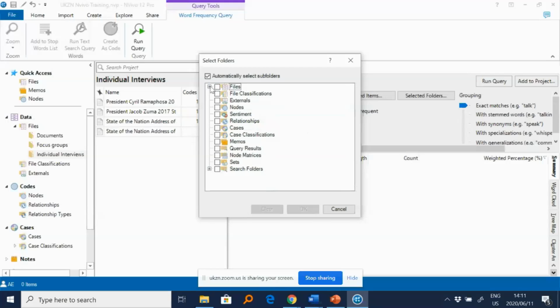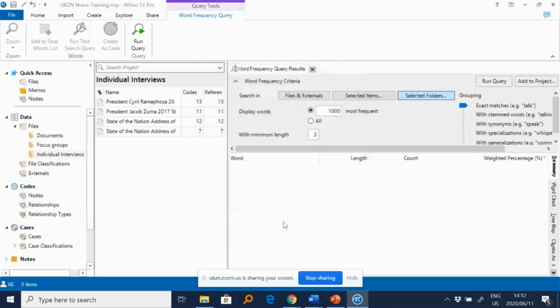So if you click on the option files, remember there was a plus sign, and I told you whenever you see that, it tells you that there are subsidiary folders. You click on that and go to the folder where you want to perform this search. For now, for this training, you remember that this folder is blank. This one is blank. Our documents are sitting here. You select that and you click on OK.